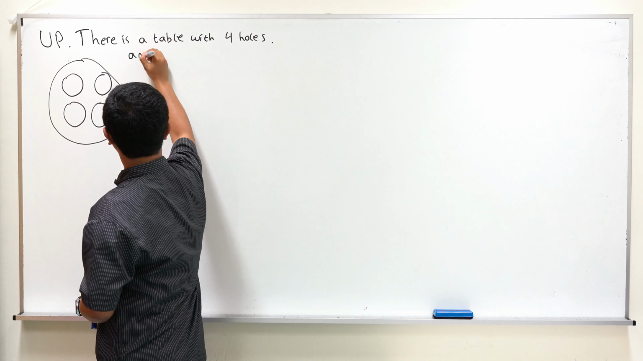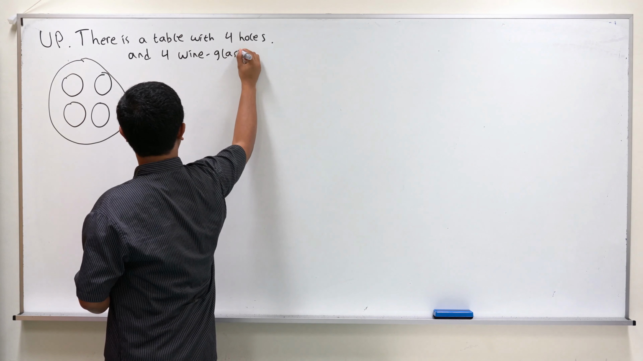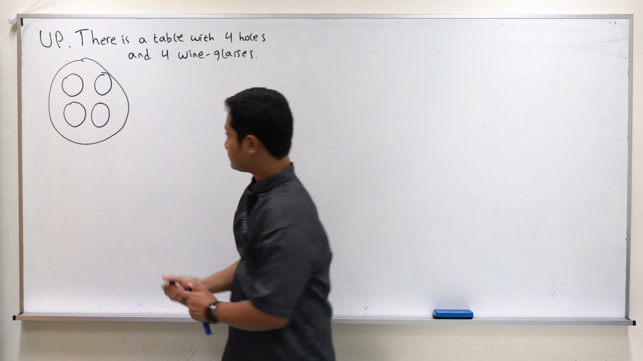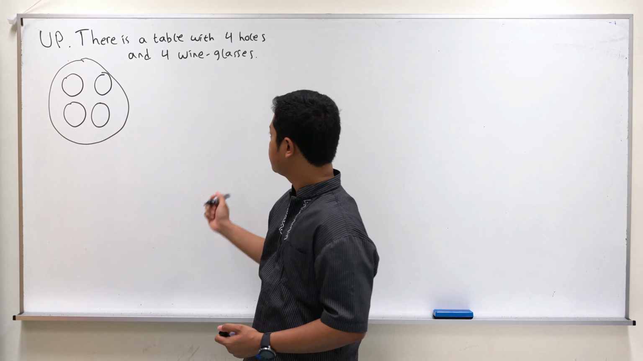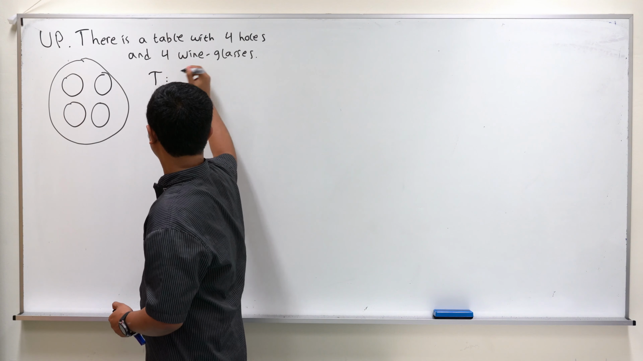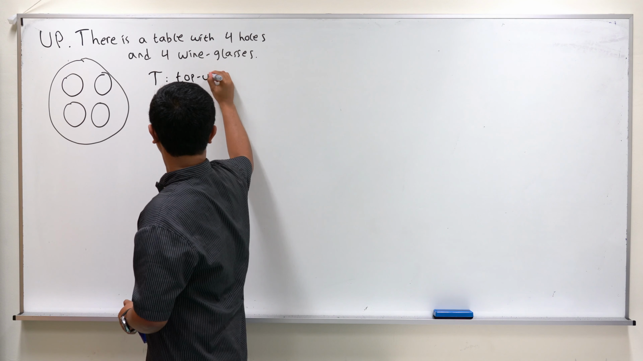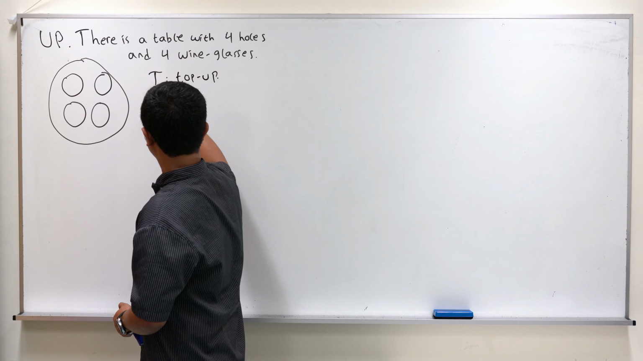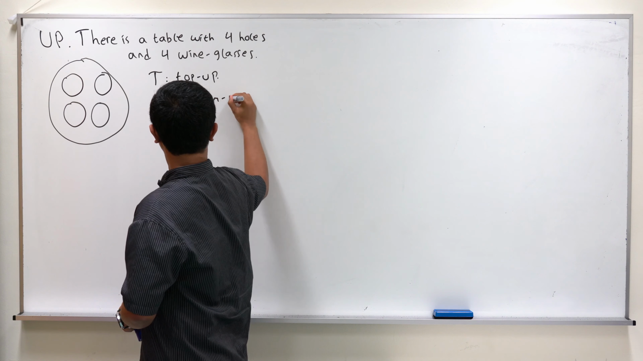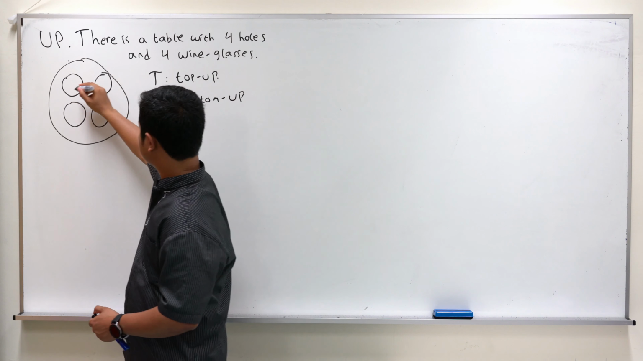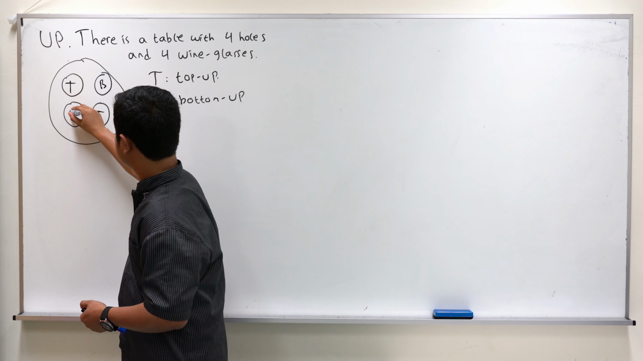So we also have 4 wine glasses. I don't know the orientation of each of them. So maybe T means top up orientation, and then B means bottom up. Maybe, yeah, this one top up, maybe, I don't know. Maybe, for example,